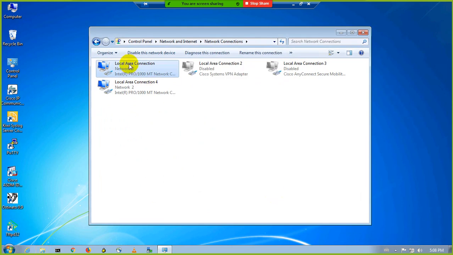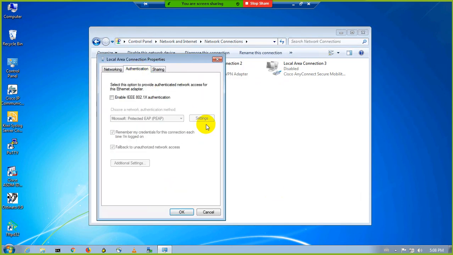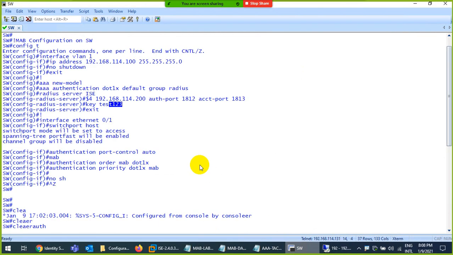But it's not using .1x. Keep in mind .1x is disabled. Unfortunately there is no such way to authenticate them directly, but in the real world you didn't need to enable this one. We are using MAB because this functionality is not available, that's why we are using MAB. So don't be confused about why I'm clicking this, it's just for the lab purpose. So now let's go and check first of all on the Cisco switch.